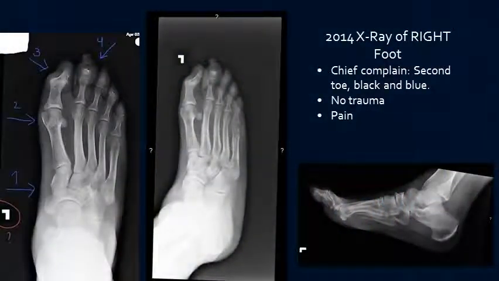Patient history. In 2014, a 50 years old male patient came in for a right foot x-ray. His chief complaint was pain and swelling of the second toe, which was also black and blue. There was no trauma. In the doctor's report, he said that there were degenerative changes at the navicular and cuneiform joints, right here,